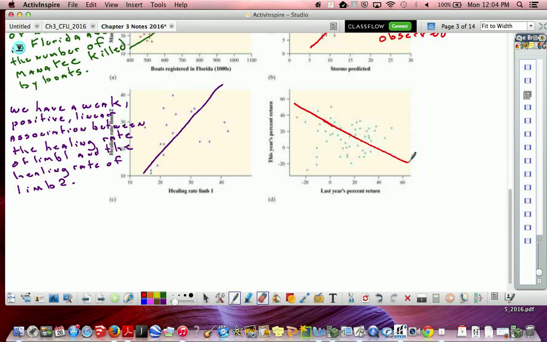Percent return, okay, so it looks like we're talking about an investment's percent return last year and this year. Let's phrase that again. We have a weak negative linear association